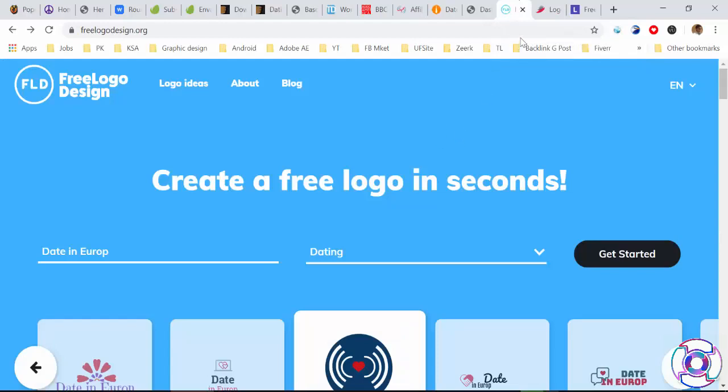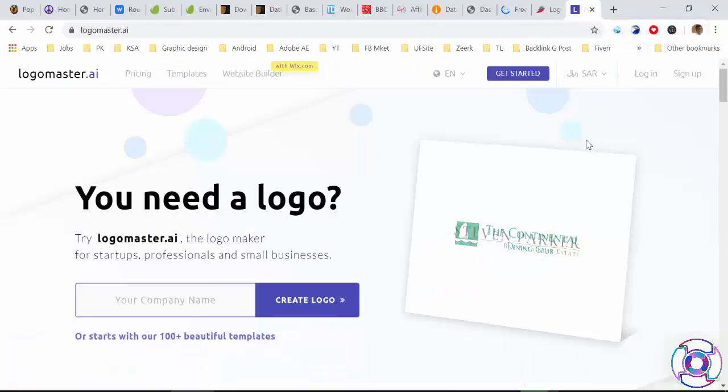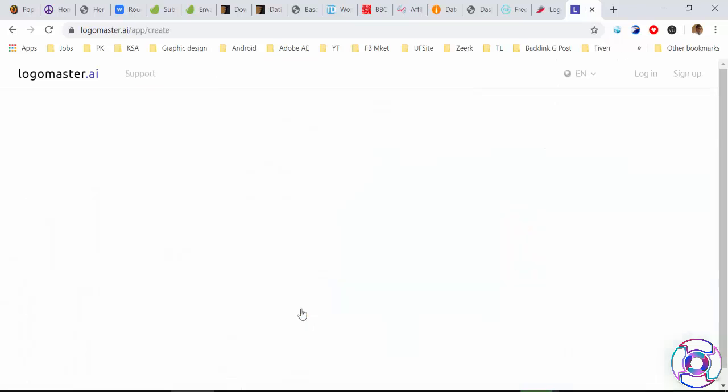So for the free logo creation, first of all I click here and write Date in Europe and dating site, and get started. Then on the next site I add Date in Europe and create a logo, and on the next I write Date in Europe and create.